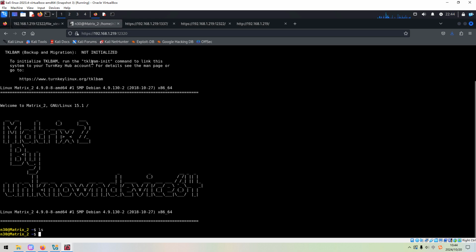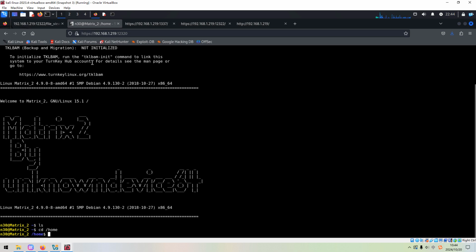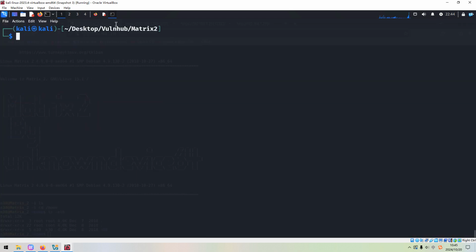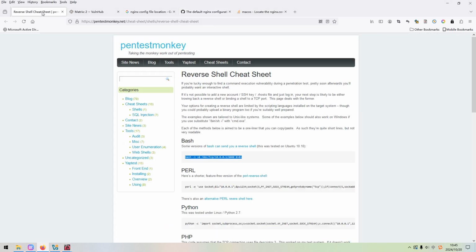Of course, now we can run commands as usual, and we can navigate the directories. But it would be wiser, it would be better to spawn another shell or normal shell. Okay, so how to do? We can set up the listener on the Kali Linux, and then we can go to the website of Pentest Monkey.